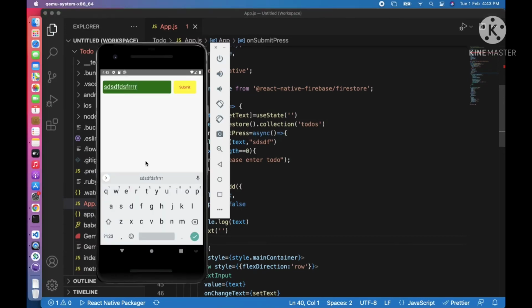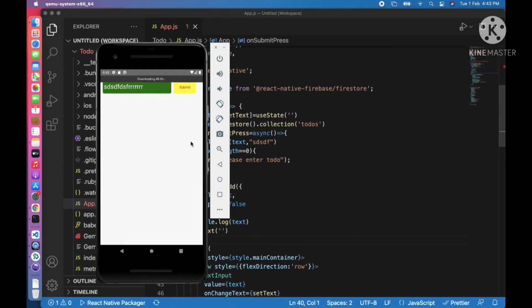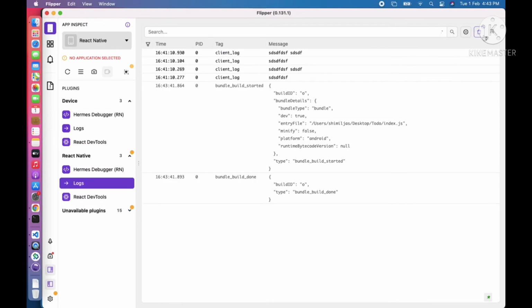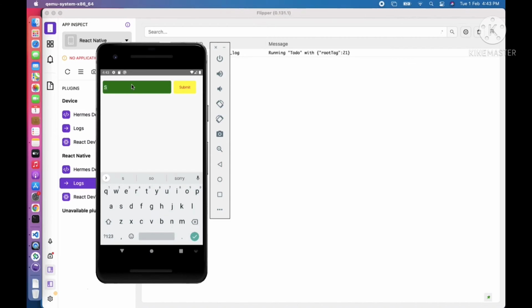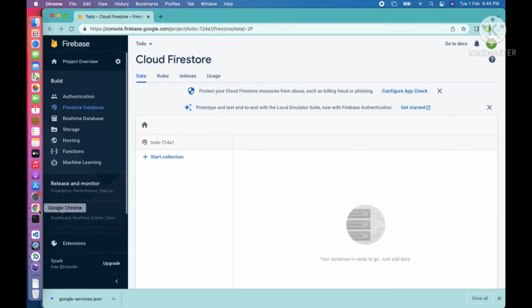So just refresh the app once more. Yes, app is refreshing. Now we can also open the console. If any error comes, we can see. Yes. Now what I am going to do, I am going to type something here. Click the submit button. Yes, you can see the value. If I refresh this here,